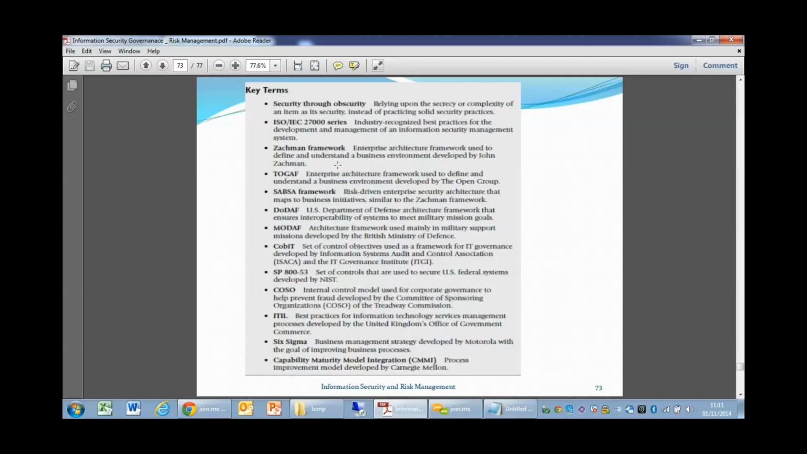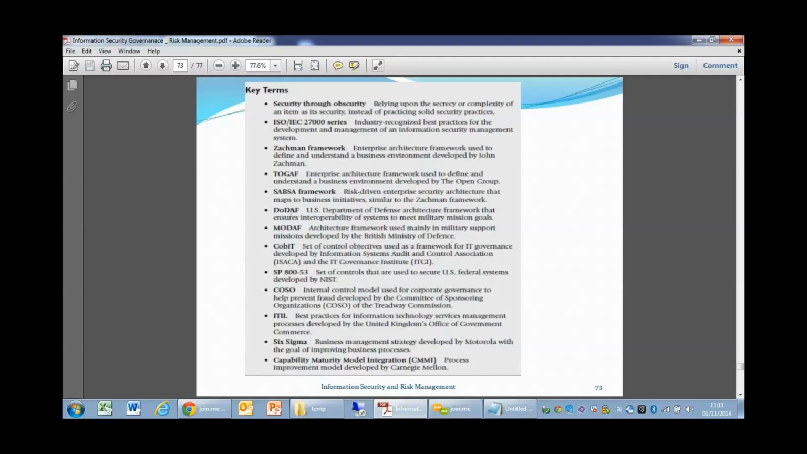Then DoDAF and MODAF are not in the CISSP syllabus. You can just have a reading of it. No questions will be asked. COBIT, again, is not in the CISSP syllabus. SP 800-53 again. So if you see, these are nothing but just some frameworks,